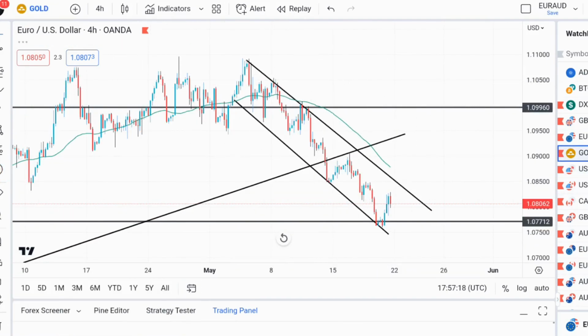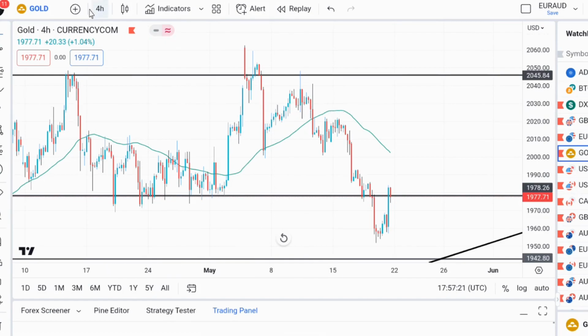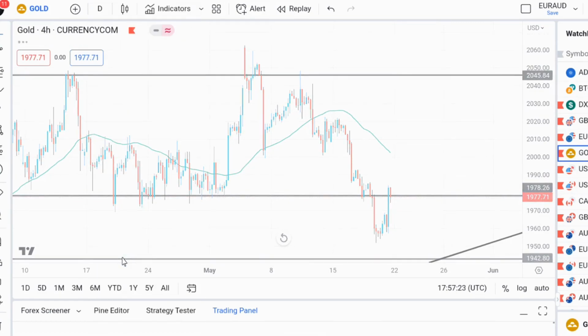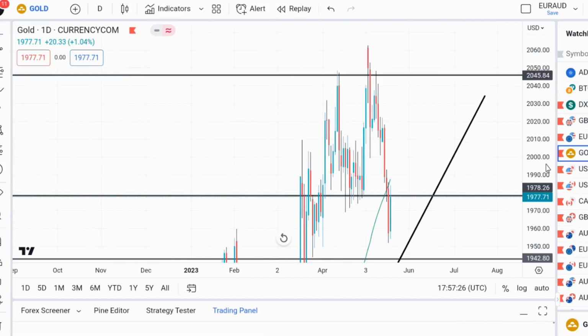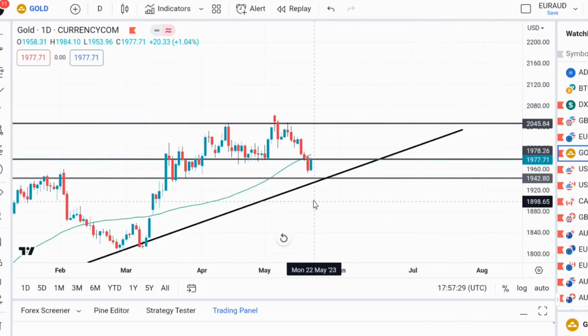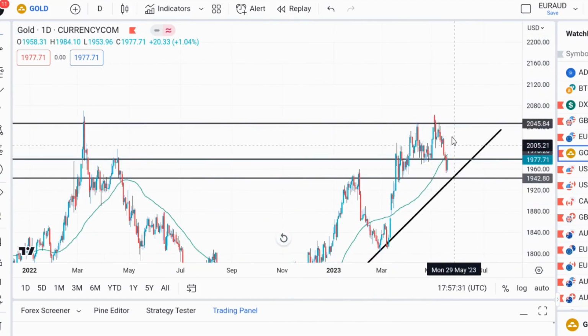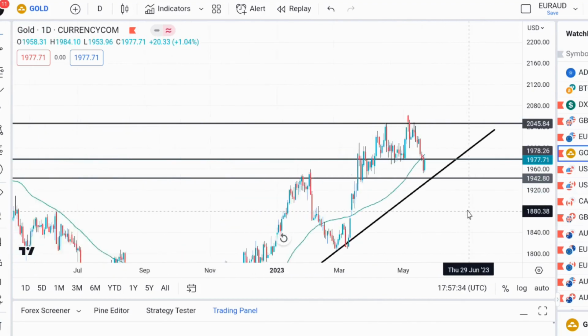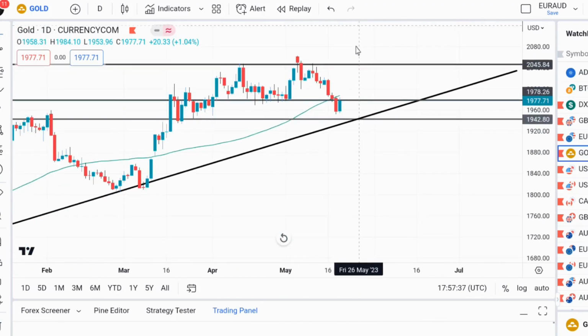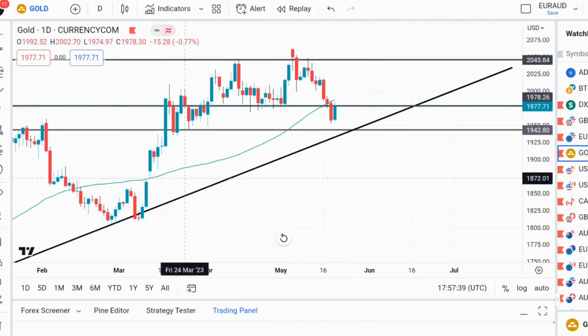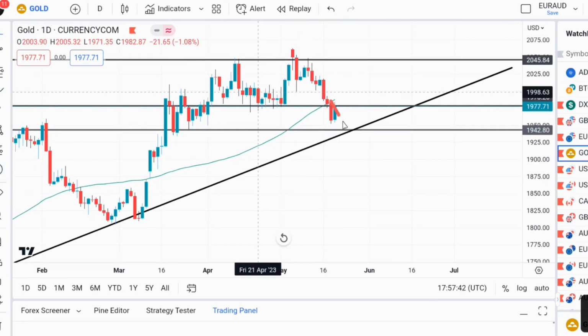So the next one I want to check is gold. Gold, last week, last 2 weeks we talked about it being in a triple top at that particular area, and then we analyzed sell from this particular level. As you can see, it wants to hit the trend line already, because this is the next support level, because we analyzed that it's going to touch this particular support level before it bounces.